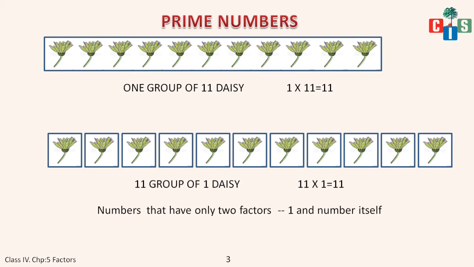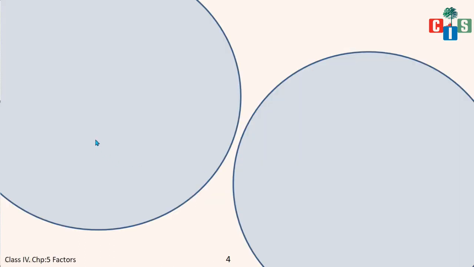Okay. Now the prime number we will study in detail. The only way to multiply a prime number is what? 1 multiplied by the number itself. Yes. And if you divide the number, you should get the remainder as 0. Fine. So let's take an example. Is 3 a prime number? I ask myself, what can be multiplied together to give me 3?